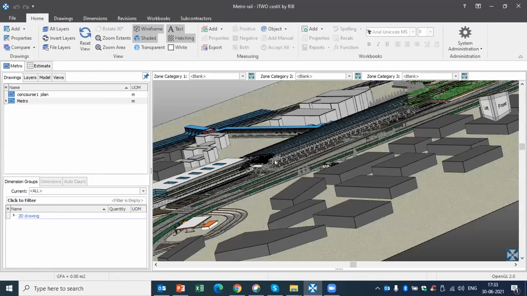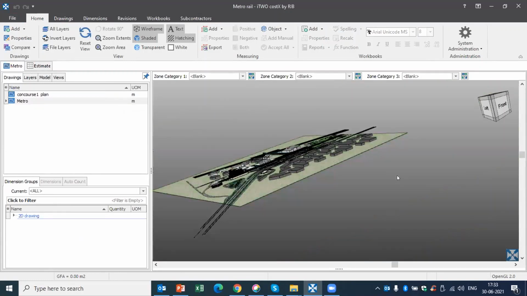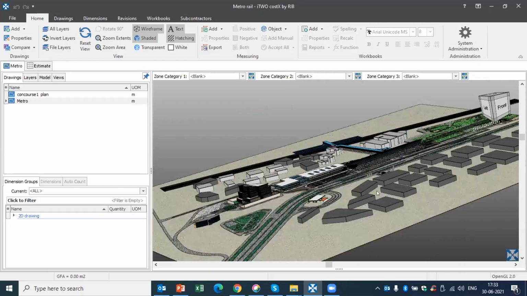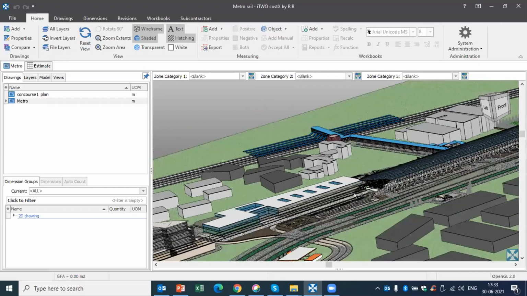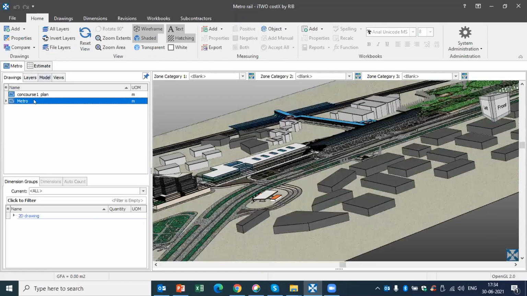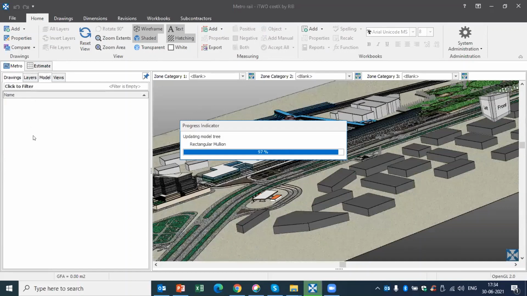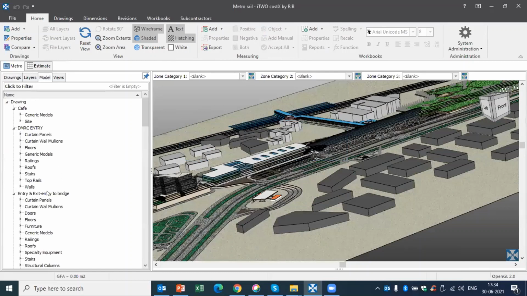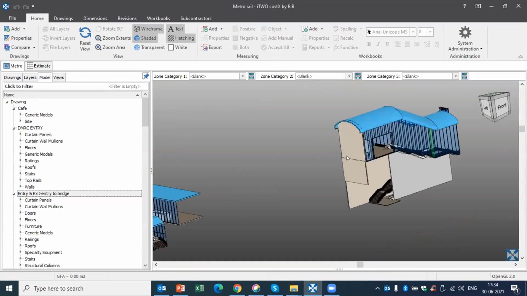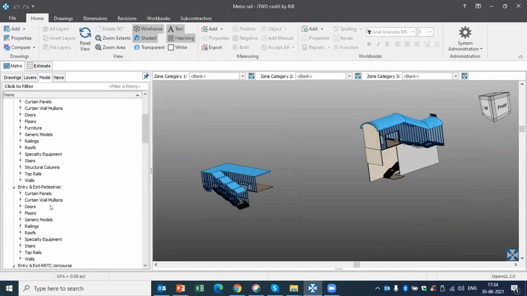So if you see, this is a project, and you can see there are multiple elements in the model. Say if I go to model, here I can easily view, say this is a metro project model. So if I want to see only exit and entry bridge, just select, you can see only the bridge related information.